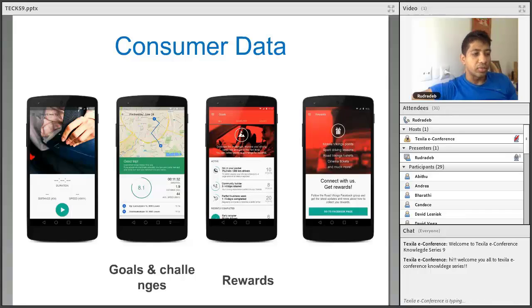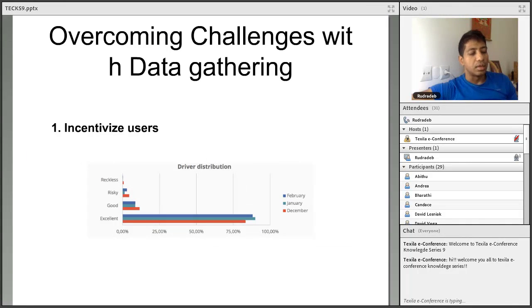Now, driving data especially is very confidential data, and especially in a country like Belgium, people value their privacy a lot. But what we saw is that the first important thing in gathering data is to incentivize the users.